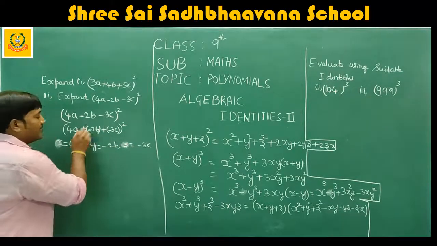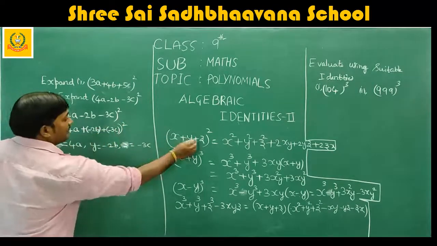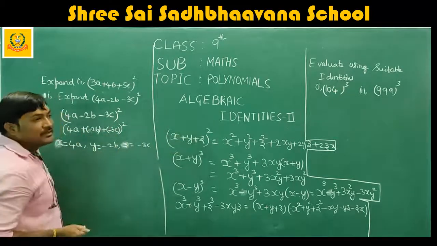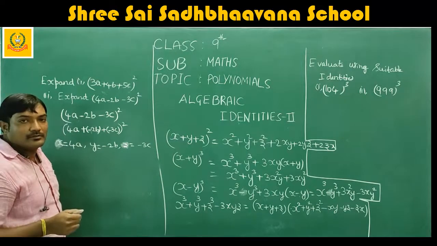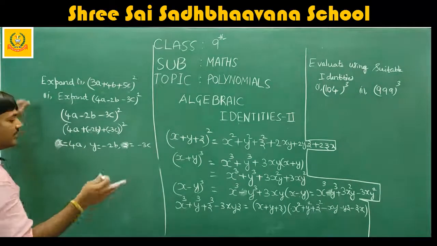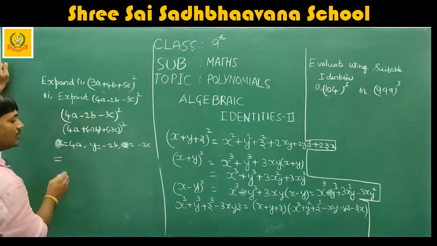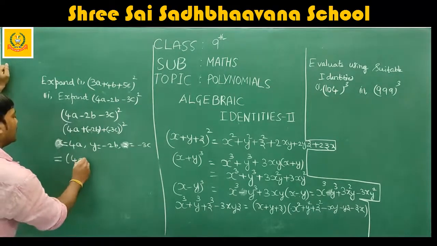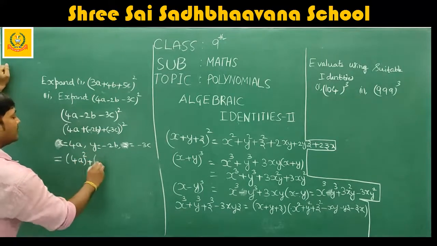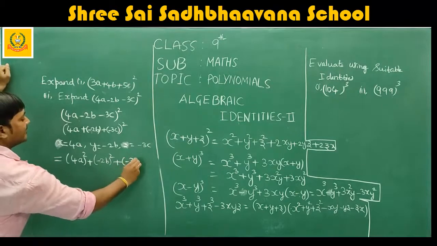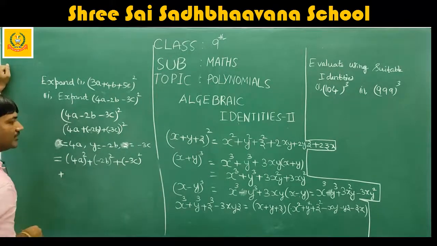You understood? x is 4a, y is minus 2b, z is minus 3c. So now just expand, that's all. Just use the formula: x square, which is (4a) whole square, plus (minus 2b) whole square, plus (minus 3c) whole square, plus